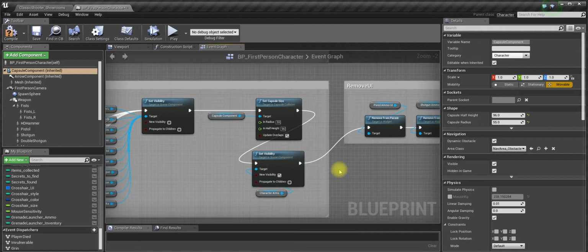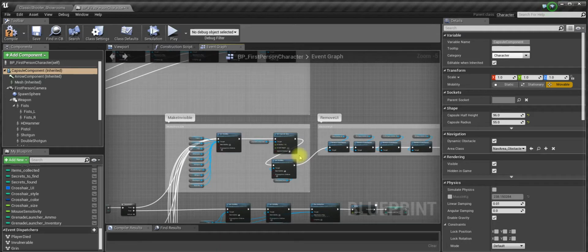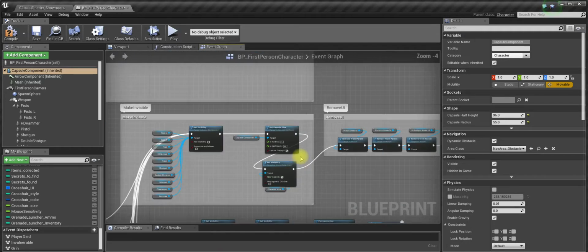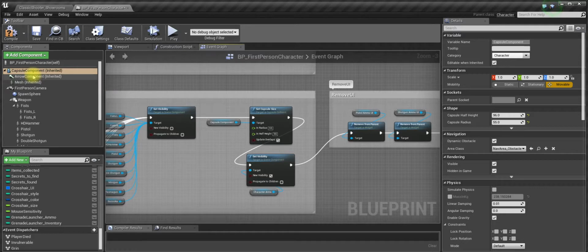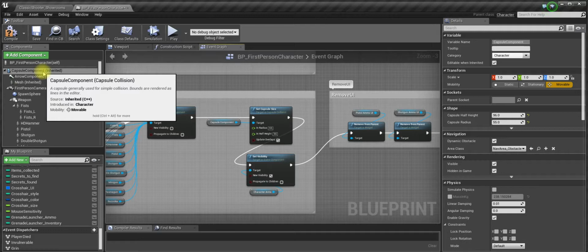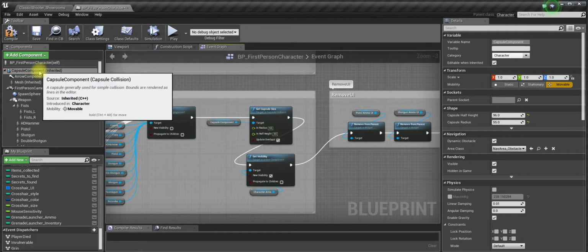So when we are wielding our minigun, we are actually a bit easier to hit, and we become a bit fatter. But first of all, we have to set it back to the default because of that. So again, if you will be adjusting the size of your capsule component, then you will have to keep in mind that every time we change weapon, this will be set to these values. And if you want to have this change dynamically based on what you do here in the viewport,